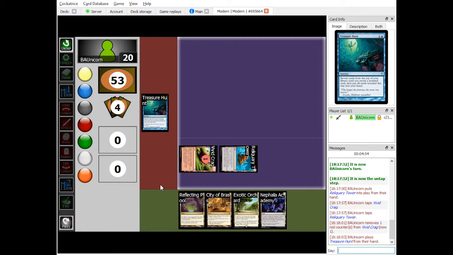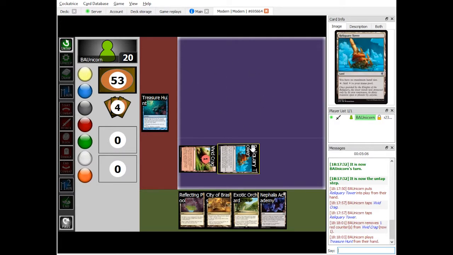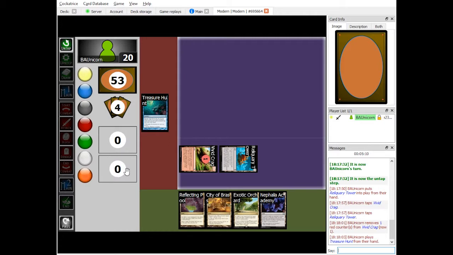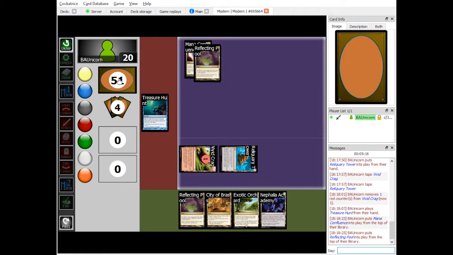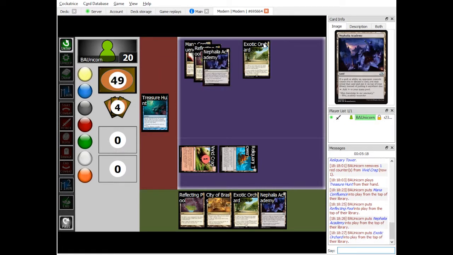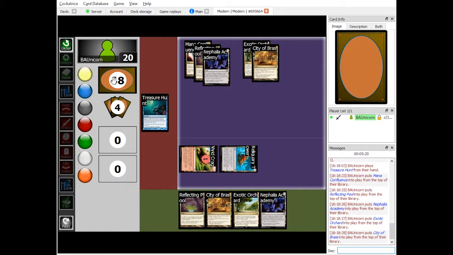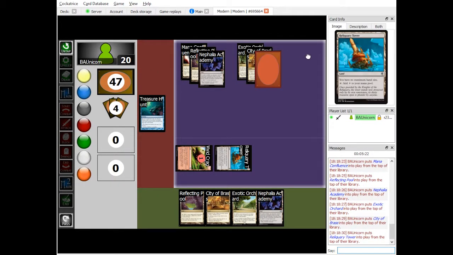Treasure Hunt. So there's not a great way of doing this kind of ability. You only have these 3 zones, which this is the stack, spells that you're casting, this is the battlefield, and this is the land area. This is also your exile and your graveyard. So most of the time with this deck, I'm going to be going over here because I'm not using this area. So we're going to reveal cards from the top of our library